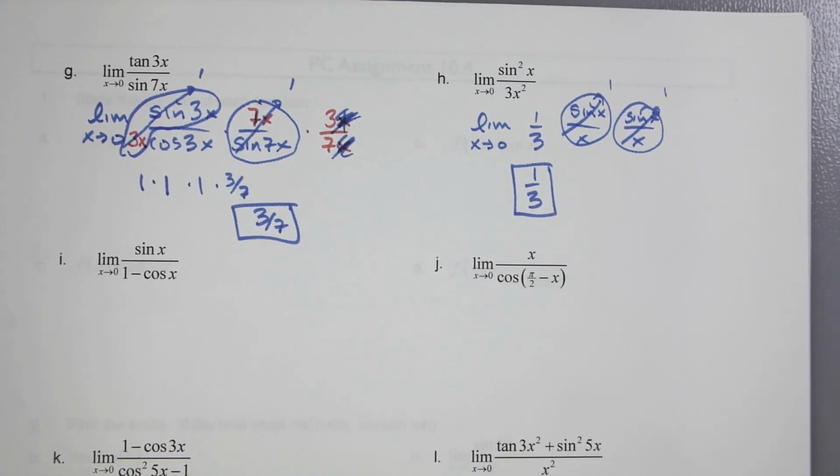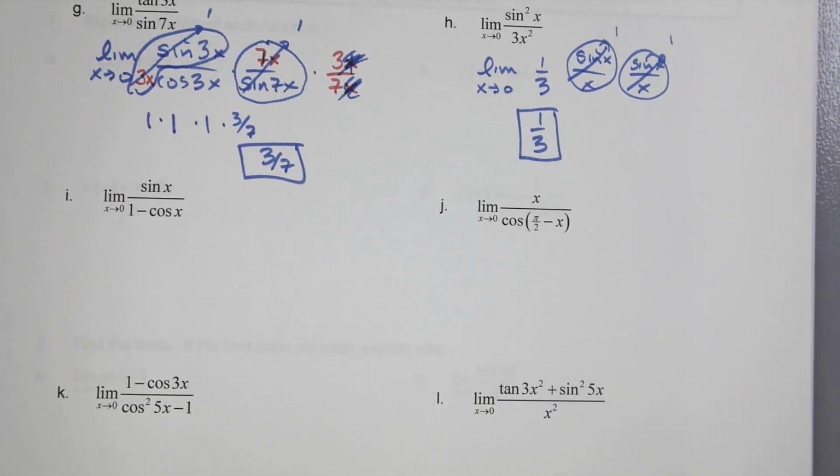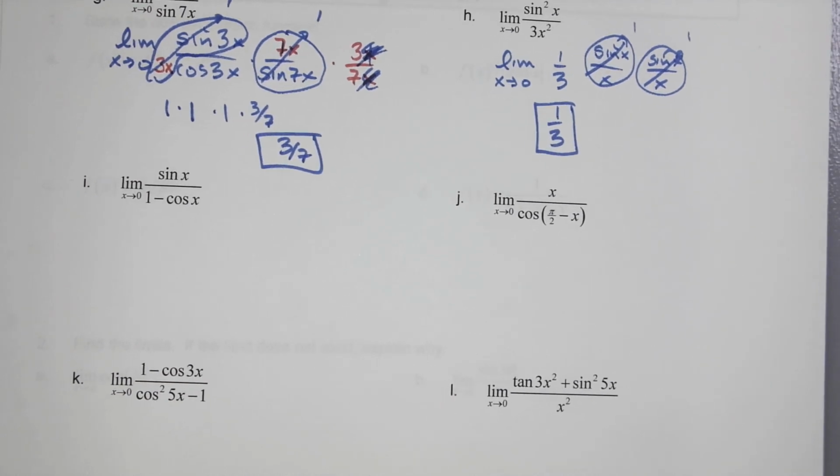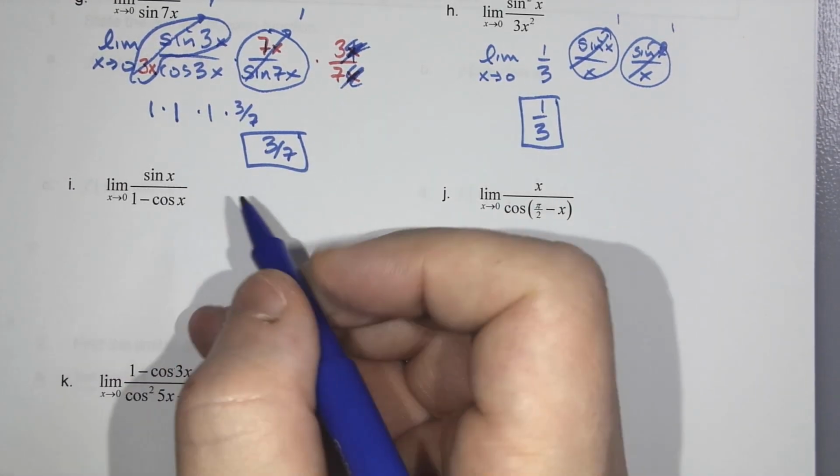Okay, let's see if the next one's going to have maybe some trig identities to play with. Let's go see what we have to do here. Oh, actually, I might be able to deal with this one okay based on those special limits. Let's see. This becomes